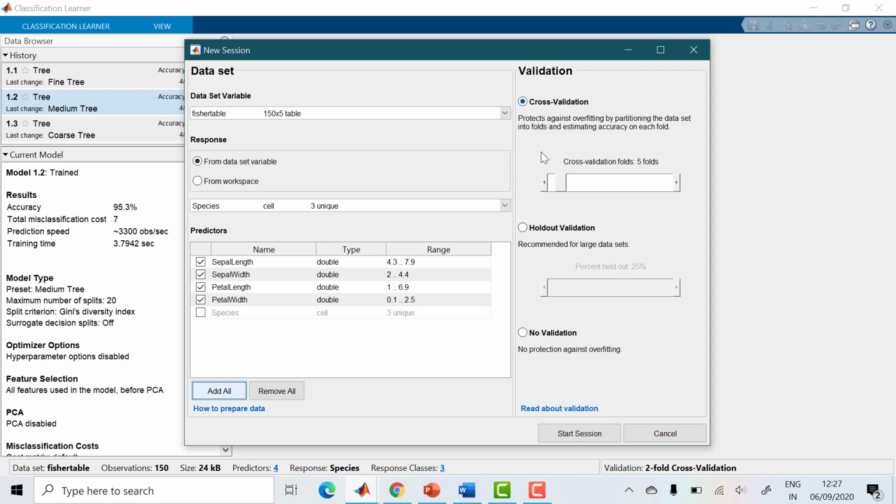Our data set is very small, so we are going to use cross validation. Once you select cross validation, you have to put start session. So first step is what type of data set you are having in the workspace. Second step, what type of validation, and then put start session.